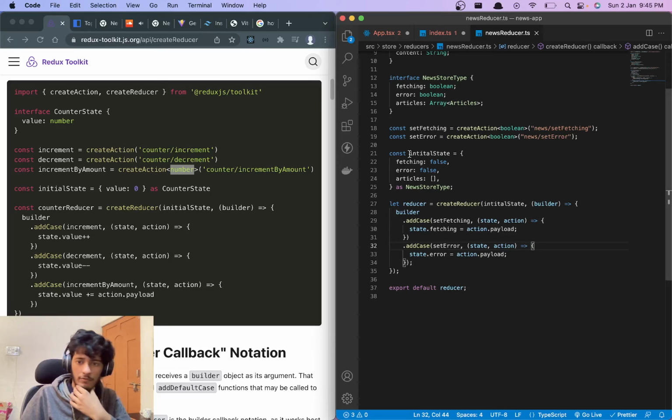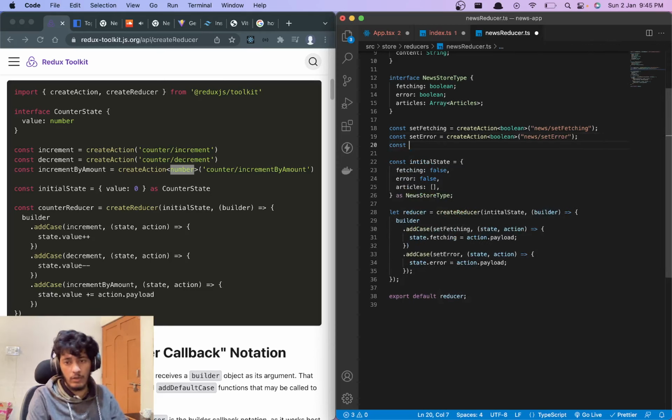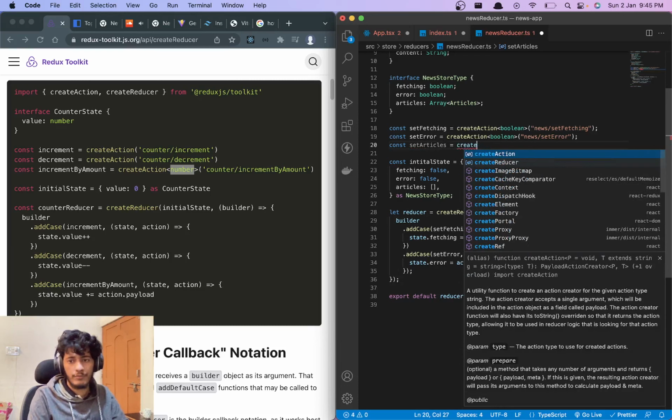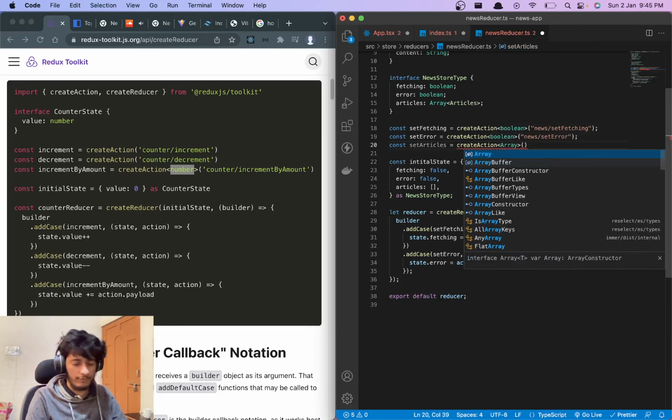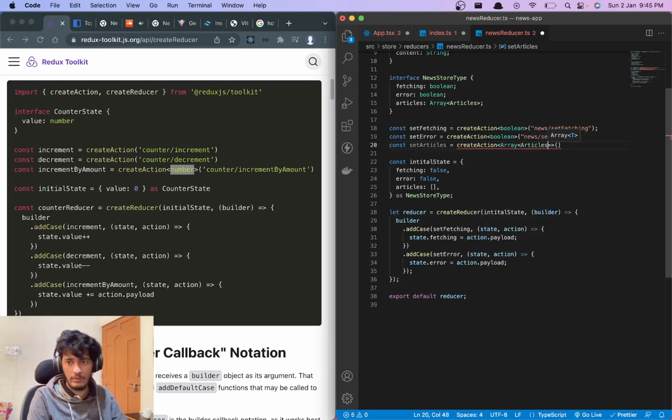Next, we have the data. So we need the articles, right? So we can have articles is equal to create action. What we need for this is an array of articles, right? And then we can just say news slash articles.